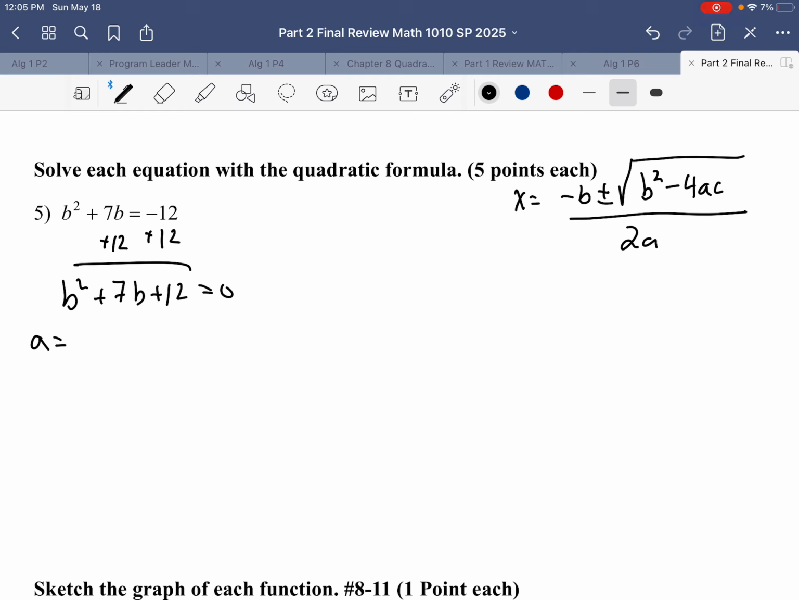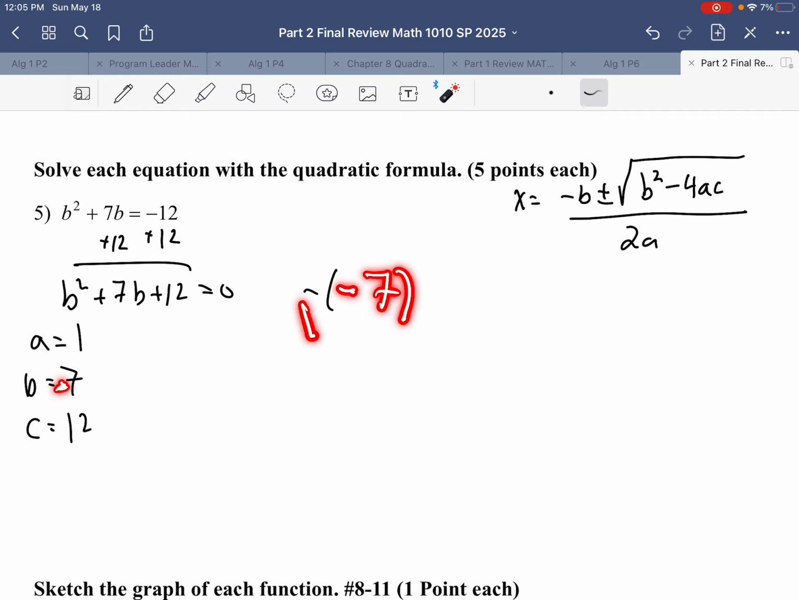A is equal to 1, B is equal to 7, C is equal to 12. Now some people say negative B. I think of it like opposite B, so when B is positive, I know that this is going to end up like a negative 7. If this was a negative 7 to start, some people say negative, negative. I prefer opposite, because then it tells me I should write this next as 7. But in our case right now, it's